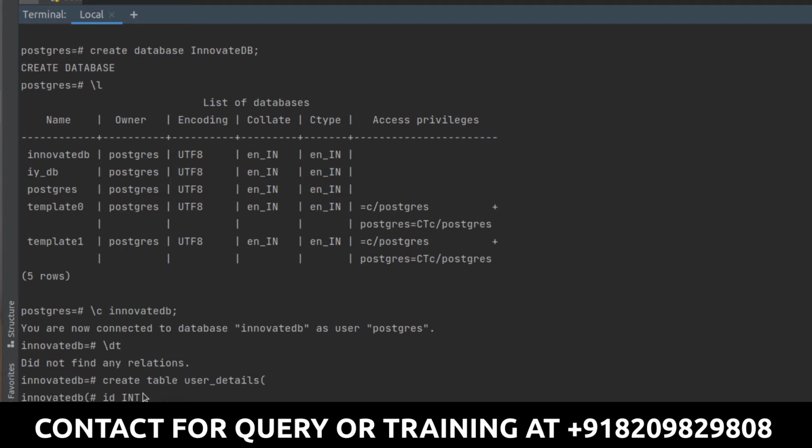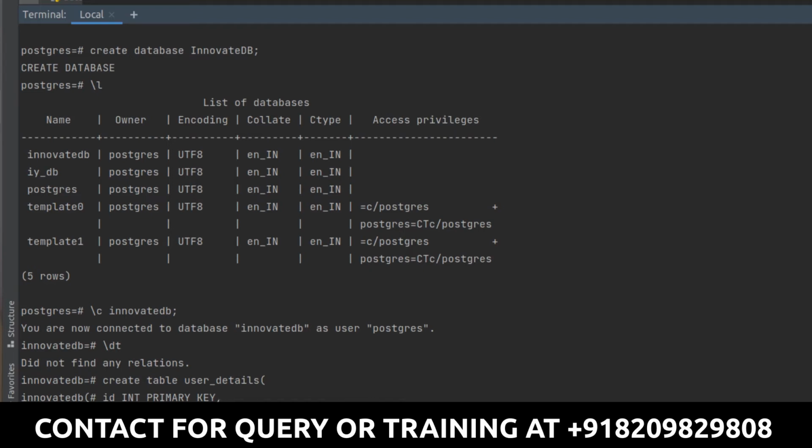This should not be a duplicate value, because this id is going to be a unique identification for a particular user. So that is why I will be creating it as a primary key. Primary key simply means that you cannot assign duplicate values to this column, which is id. So this is why I am creating it as primary key.